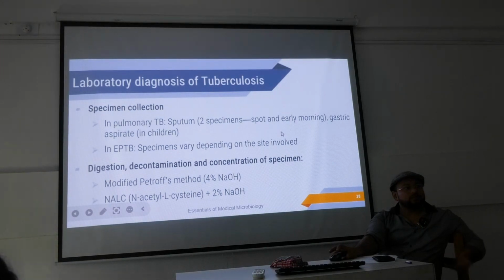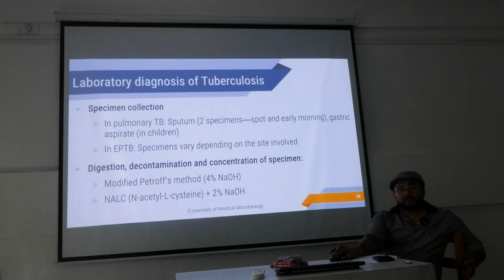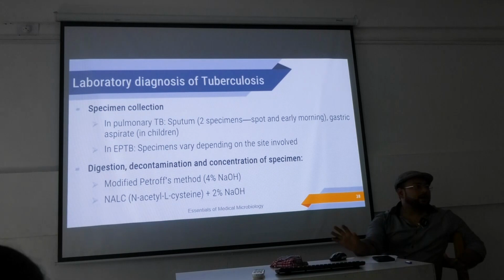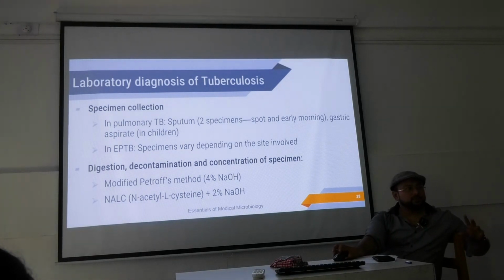যদি আমার কাছে এক্সট্রা পালমোনারি টিবি হয়, কোথায় যদি জিআই হয় তাহলে আমাকে কি করতে হবে? এন্ডোস্কোপি করতে হবে। যদি আমার পেশেন্টের বোন স্কেলিটাল টিবি হয় তাহলে এমআরআই করে ওখানে বায়োপসি করে স্পেসিমেন নিতে হবে। যেখানে থাকবে সেখান থেকে স্যাম্পেল নিয়ে আইডিয়ালি পাঠাতে হবে। এবার আমি করব কি, ডাইজেশন, ডিকন্টামিনেশন অ্যান্ড কনসেন্ট্রেশন অফ দ্য টেকনিক। এবার যদি আমি একটা প্লুরাল ইফিউশন পাঠাই, ঠিক আছে,